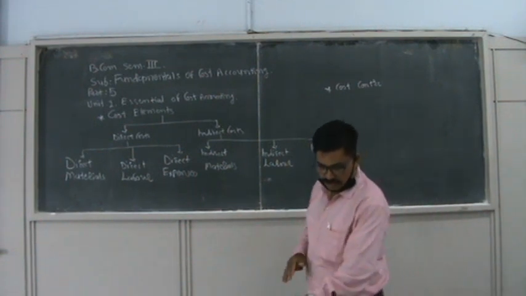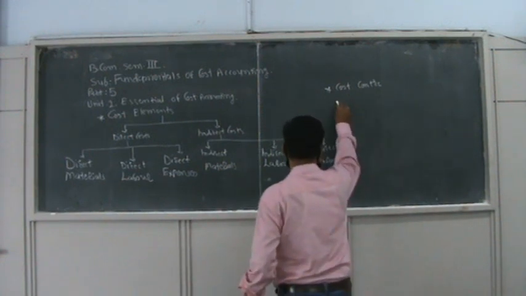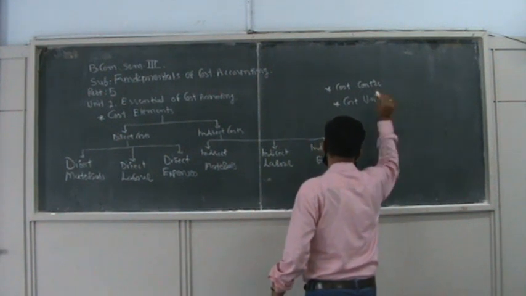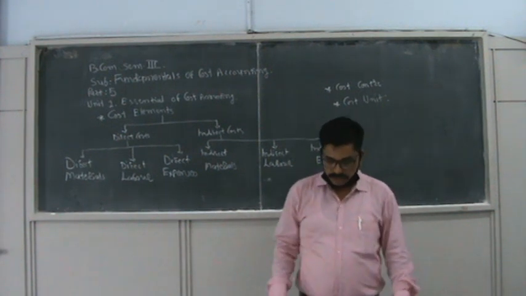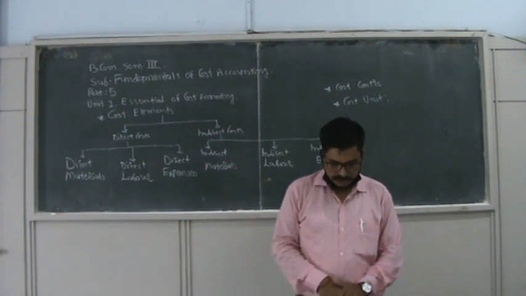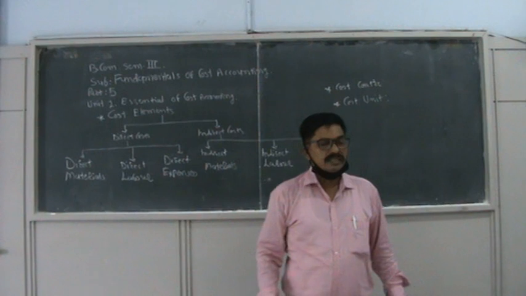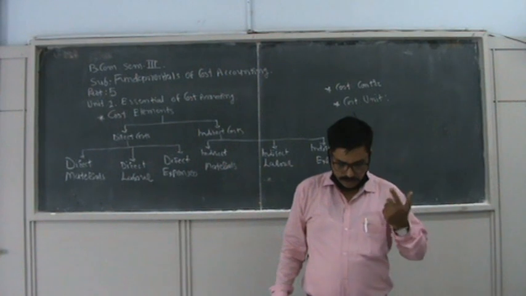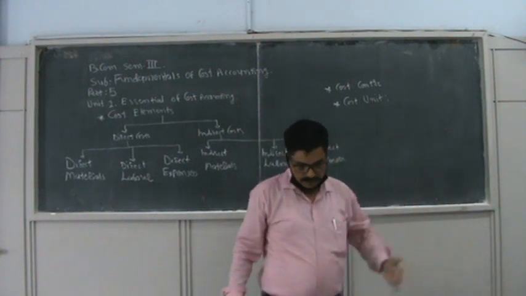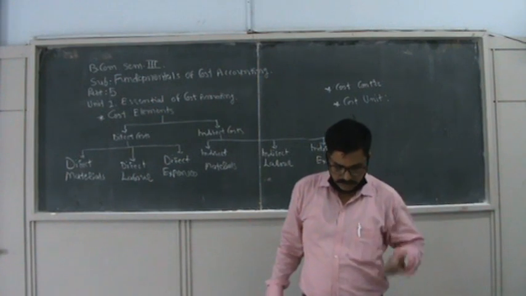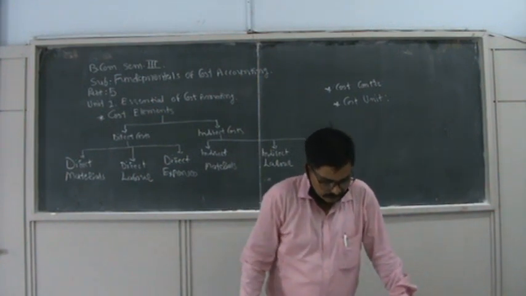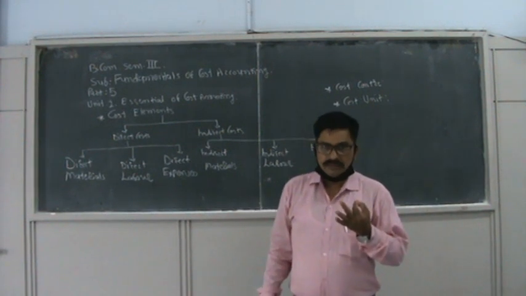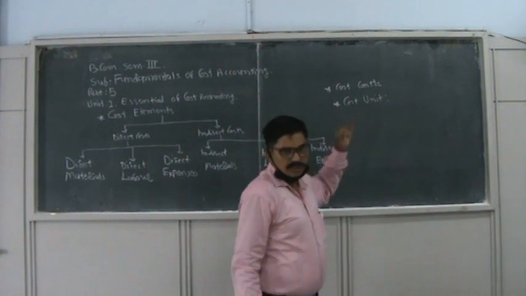The last point included in our syllabus is the cost unit. Sometimes in an example there is a short question to identify the cost unit. Cost unit is defined by CIMA UK as the unit of product or service or time in relation to which cost may be ascertained or expressed. The one item of production is known as the cost unit, right?